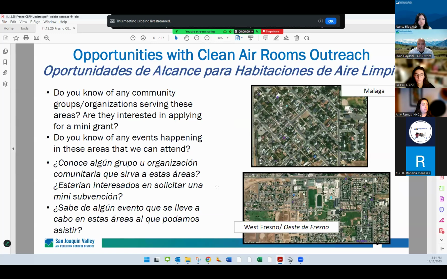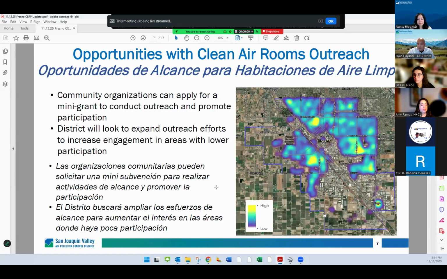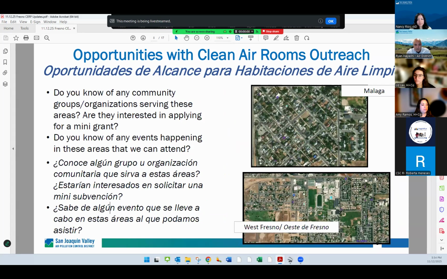So just kind of the areas you saw. Malaga in the previous slide is in the bottom right there. You see a nice yellow there. That means it's getting utilized. But then as you move away, it starts turning purple. So there's still some opportunities in that area. And then West Fresno, we're seeing more purple, and we'd like to see more yellow. And so hopefully as an action item tonight,